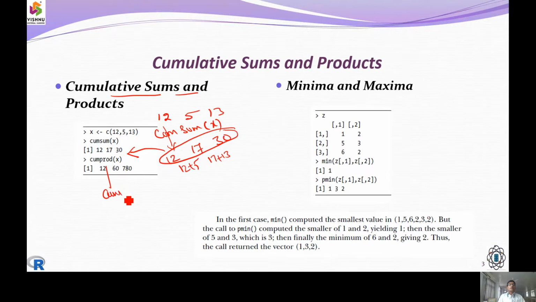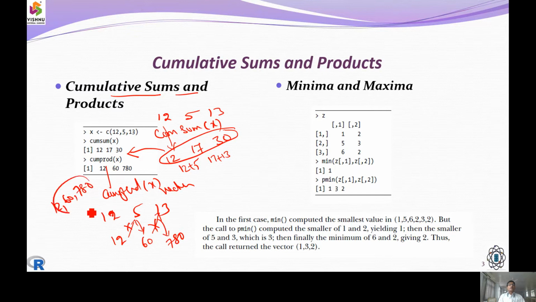And if I work with the cumulative product of the vector x with 12, 5, and 13, the first element will be as it is, and then it does a multiplication between 12 and 5. So it gives 60, and then 60 times 13 gives 780. So in this way, we get 12, 60, 780. That's how we get cumulative sums and cumulative products.